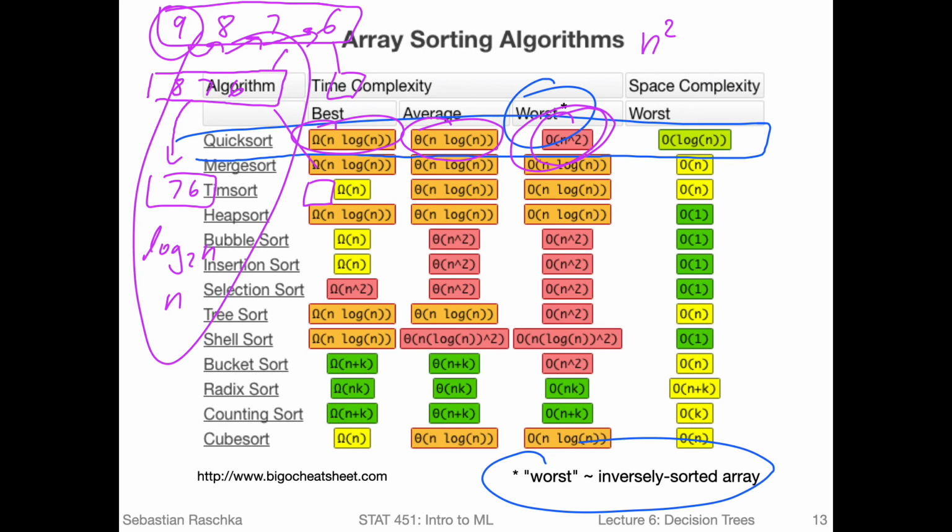So there's actually no better way than, let's say, the average, where we have a perfectly random array to start with. There are some other algorithms that are performing faster in the best case, for example timsort, and I think timsort is currently the one that Python implements when you call sort on a list or sorted on a list. These are two ways of sorting a list in Python, and I think Python implements timsort.